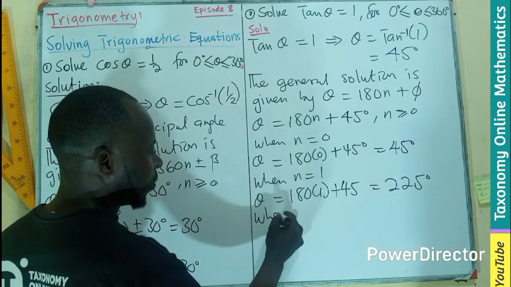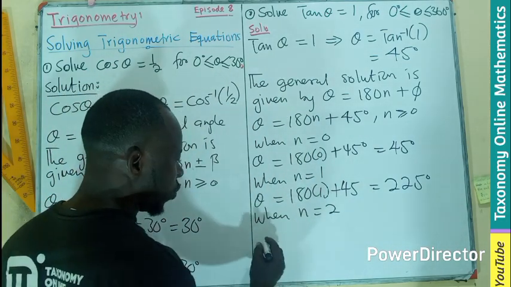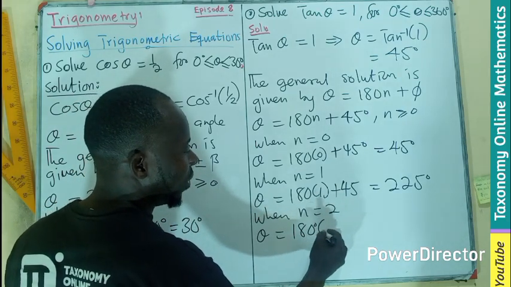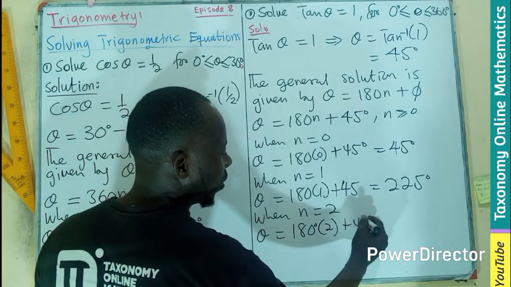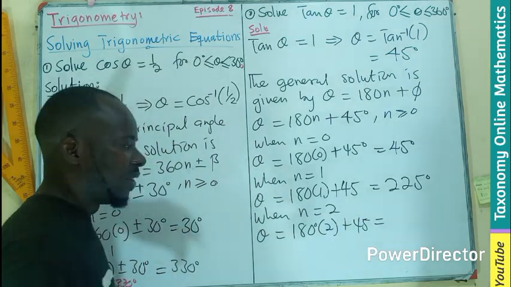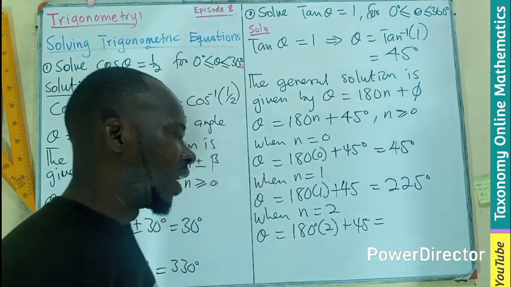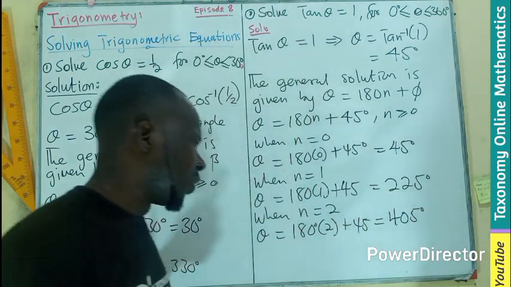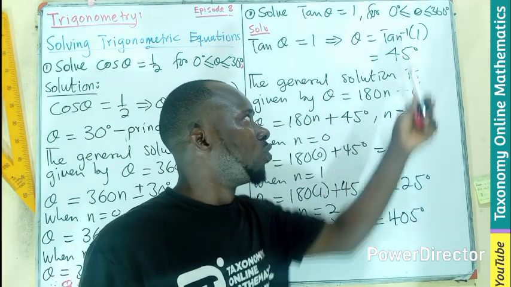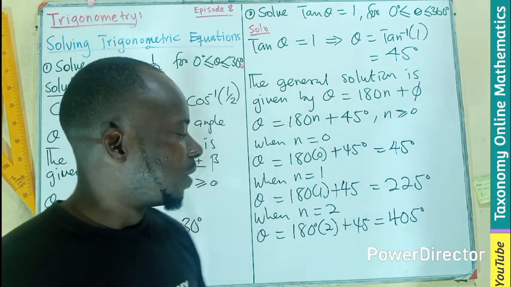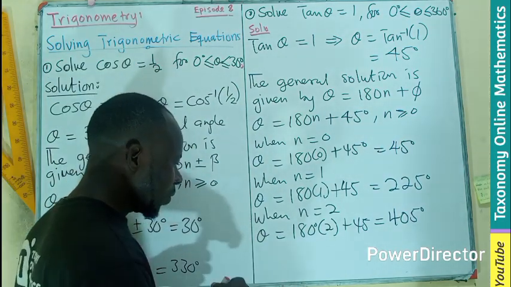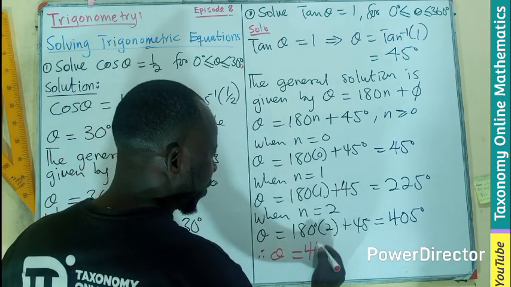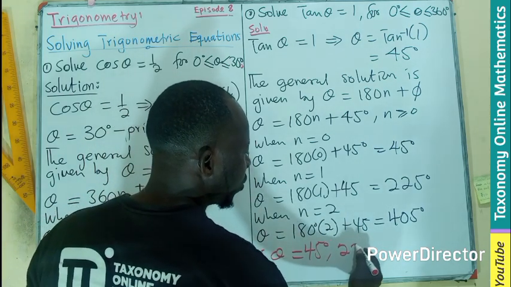Then let's see. When n is now 2, your theta will become 180 degrees times 2 plus 45. This is 360 plus that, that's 405. I guess. You can correct me in the comment section. So look at the range you are looking for, 0 to 360. So we can say that therefore theta is going to be 45 degrees and